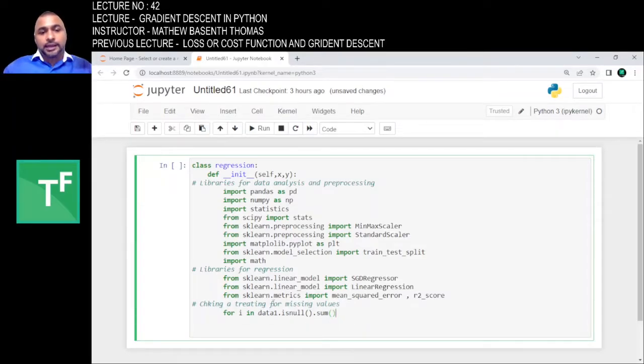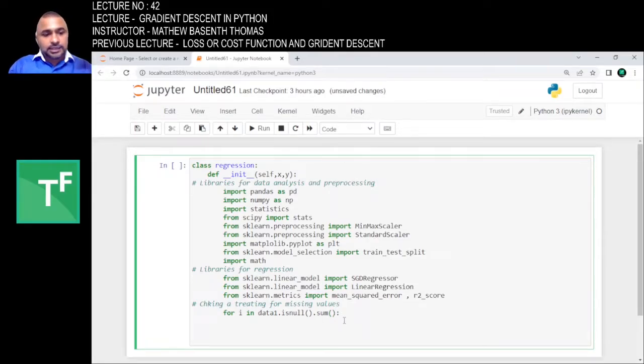So for i in that, I'm going to iterate and ask if the condition is i greater than 0, then I want to replace: data1.replace, your null value np.nan,